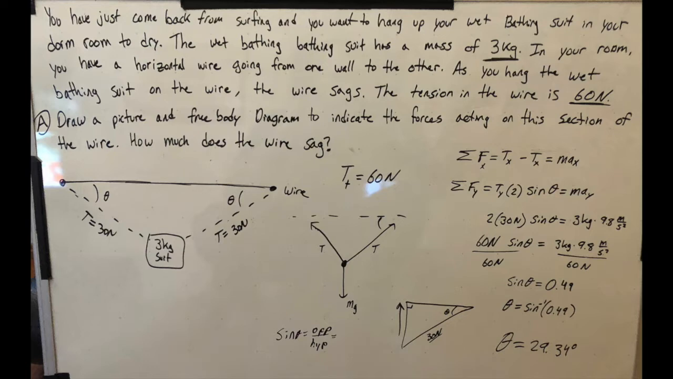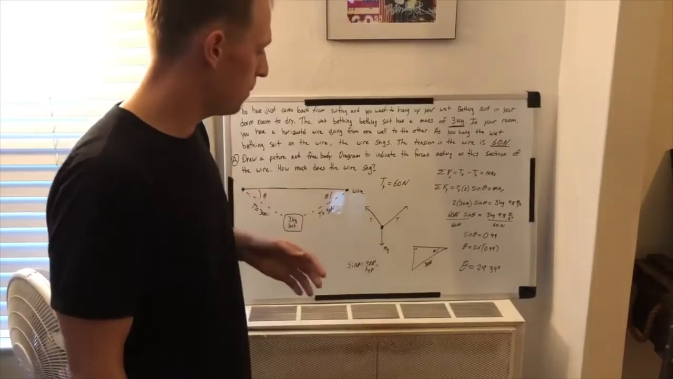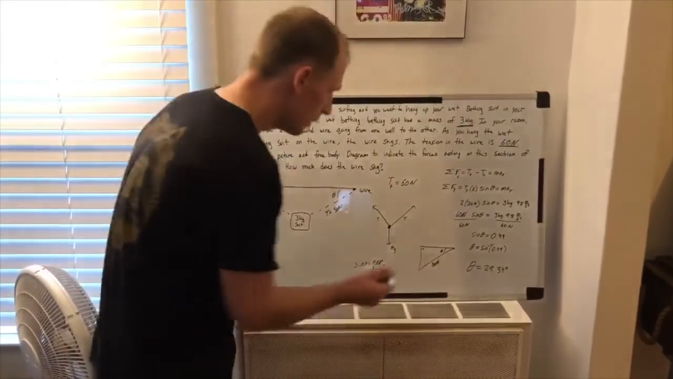So the first part of the question asks to draw a picture of a free body diagram to indicate the forces acting on this section of the wire. How much does the wire sag? So first off, draw our free body diagram. You have your 3 kilogram suit, and because the tension is being split between 2 wires, it's T equals 30 newtons, and then over here, you have your mass gravity pulling down, and then your 2 tensions going up at angles. So we can further draw it in a triangle here,